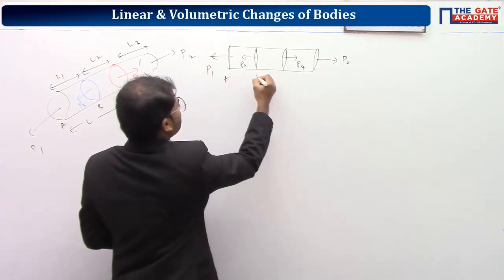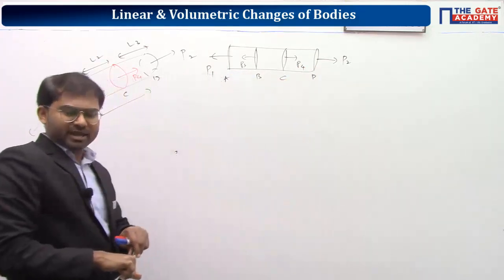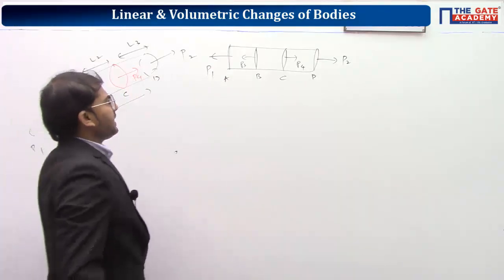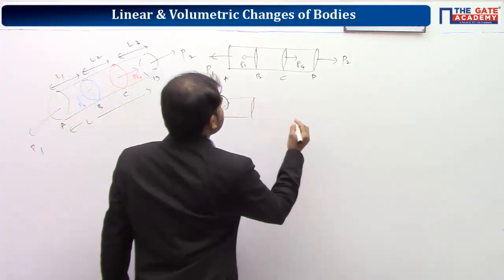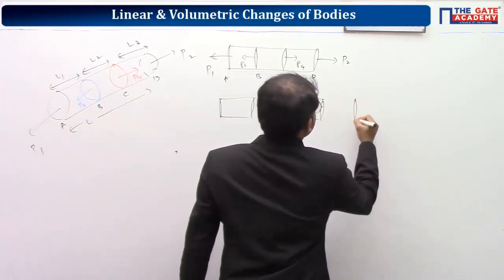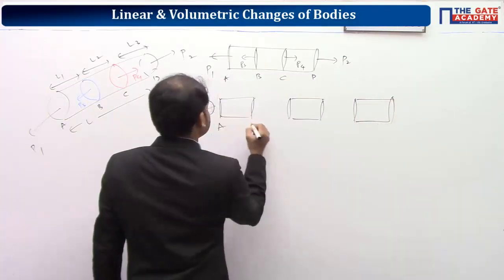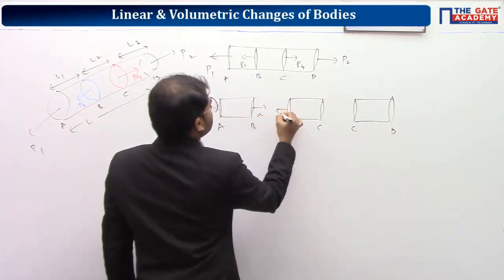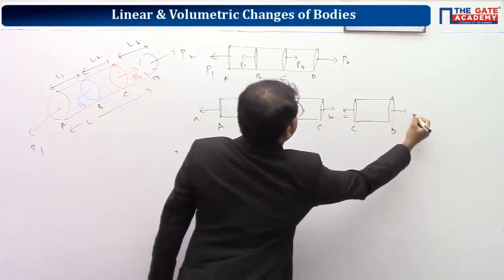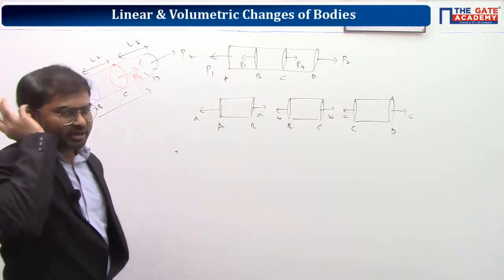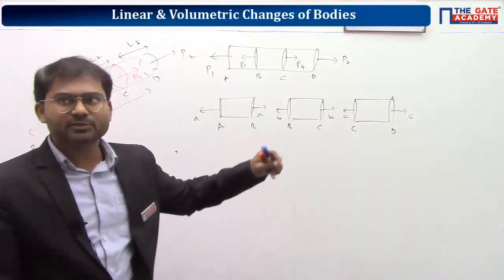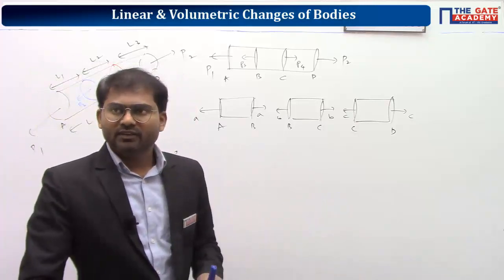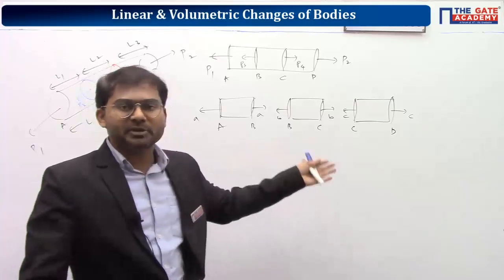Now what you should do is, everyone listen carefully here, because it's not about directly applying a formula. We should understand how to do this procedure. Let's take all of them separately, AB separately, BC separately, and CD separately. AB, BC and CD. So let's take this force as small a, this force as small b, this as small c. We don't know. And I'm assuming in a default way to be tensile. Every member is experiencing tensile force. So your calculation will give you the value of a, b, c along with sign. If it comes out to be negative, that means they are experiencing compressive force.